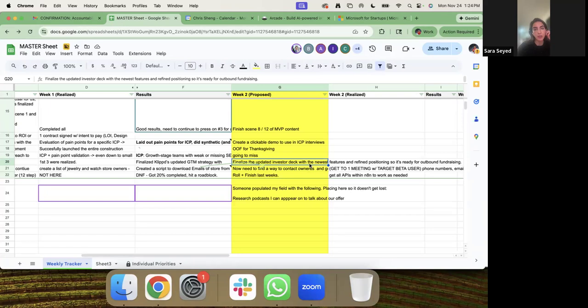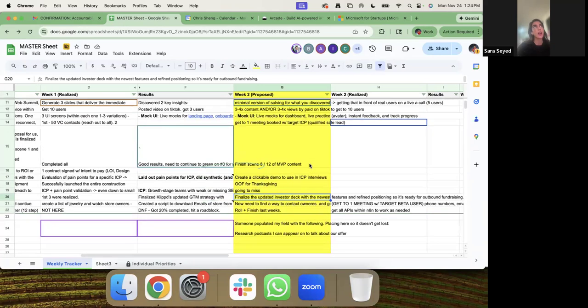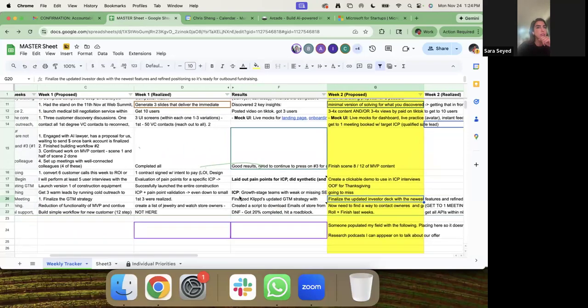optimizing the deck to highlight the features that I'm seeing investors respond to more, like the tech mode and everything. And so I wanted to do that. The second aspect of it was